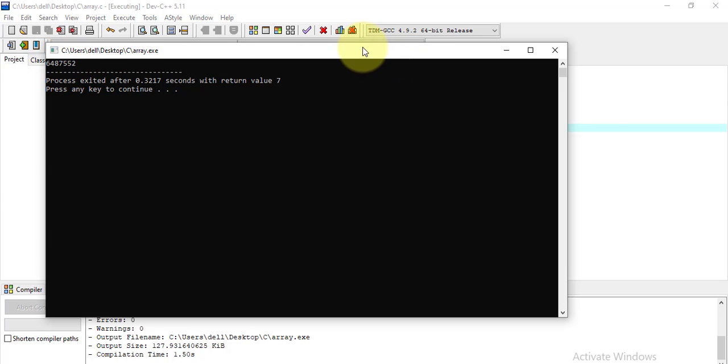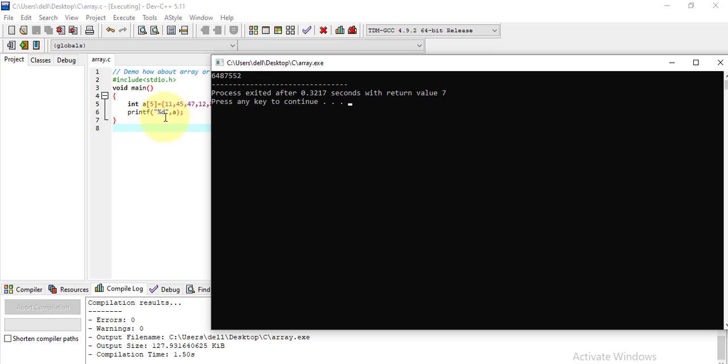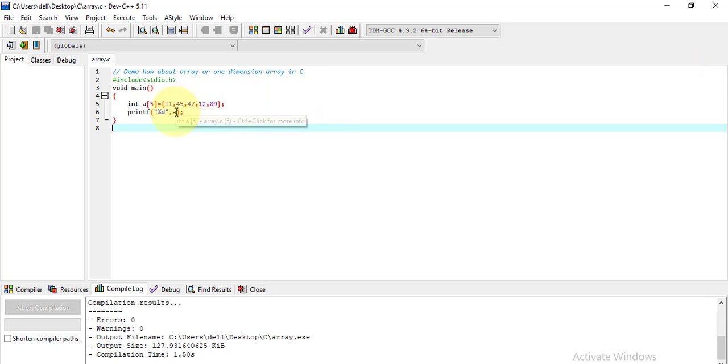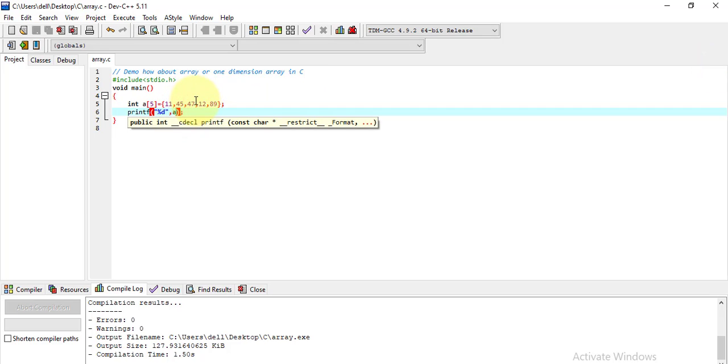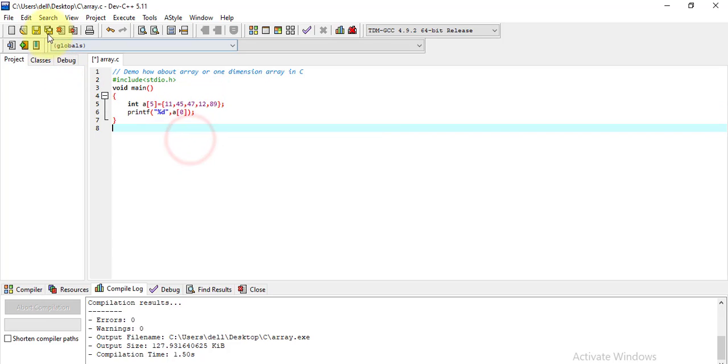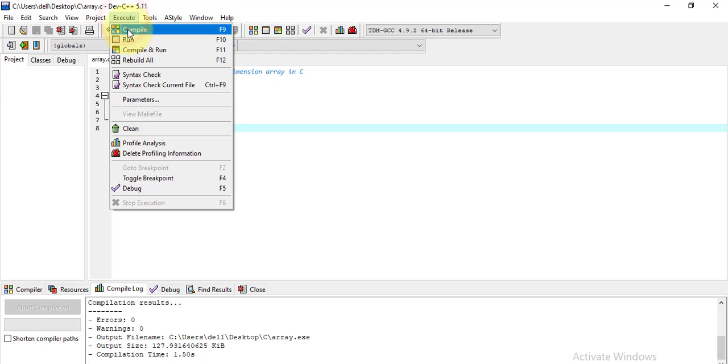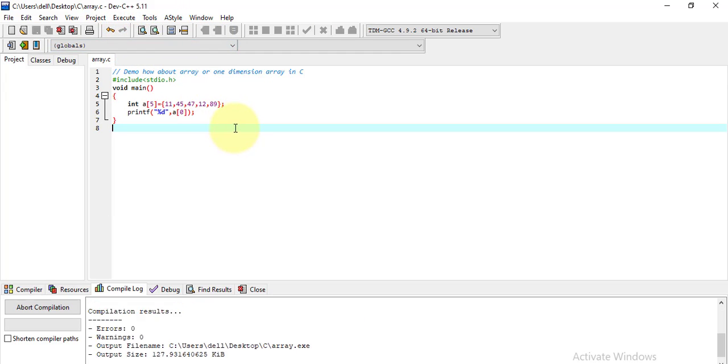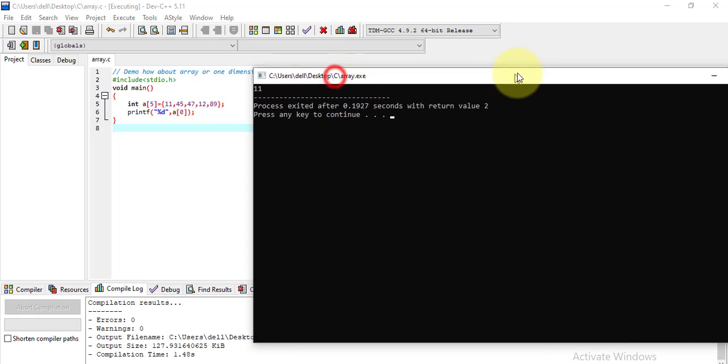nothing useful. Basically it's showing the address of the variable a. This is that value, not the element of the array. So for that, I have to write a, and here I have to put the index number whose value I would like to display. So if I use index number 0, save your changes and execute, choose compile and run, and here you see the first element is displayed,